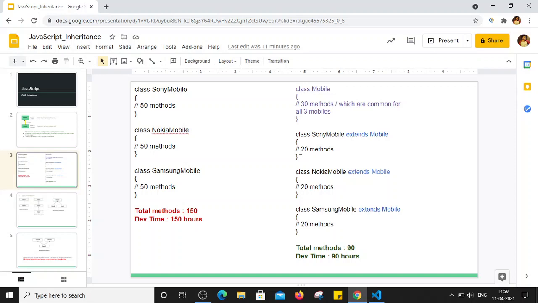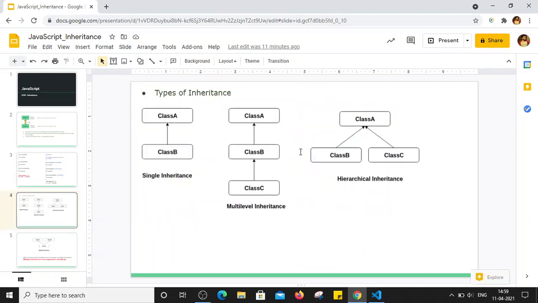So now we can say there are some types of inheritance. For example, class A is a single parent class and class B is a single child class, right? So this is a one-on-one relationship. This is also known as single inheritance, in which class A is a parent class and class B is a child class. Here class B acquires all the properties and methods of class A, right? So class B is a child class which is extending class A, and class B can acquire the properties and methods of class A whenever we extend class B from class A. This is known as single inheritance, where there is only one child and one parent, right?